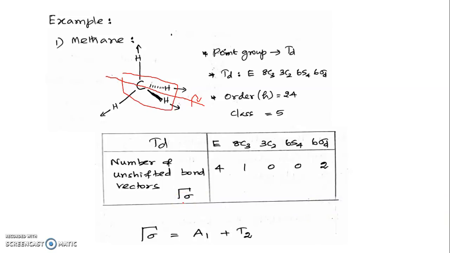Participants, we can also find the pi hybridization in some molecules, but I am not going to do pi hybridization in this course. I am going to do only sigma hybridization. So this is the reducible representation. If you reduce this representation using the reduction formula, you will get one A1 and one T2. A means 1 dimension, T means 3 dimension. So 3 plus 1, 4. See, the identity character is also 4. So the reduction that we performed is 100% correct.